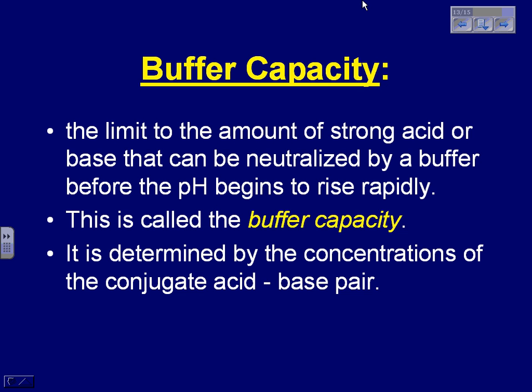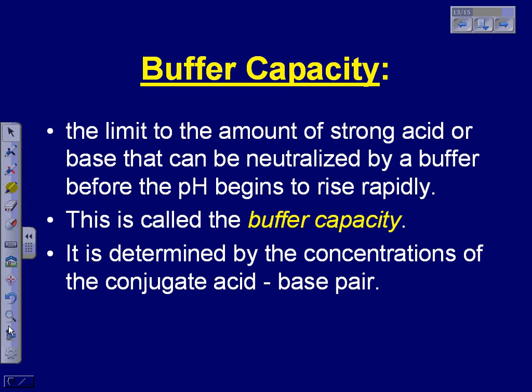That means you can go to a table of Kas and pick out the proper acid-base combination that will give you the right pH starting point that you want. That's a handy way of looking at it. Once we add a strong acid or base, that shifts the concentrations, and that means we cannot cancel those values anymore, and we simply put them in the equation. All right, let me stop this and we'll get back to